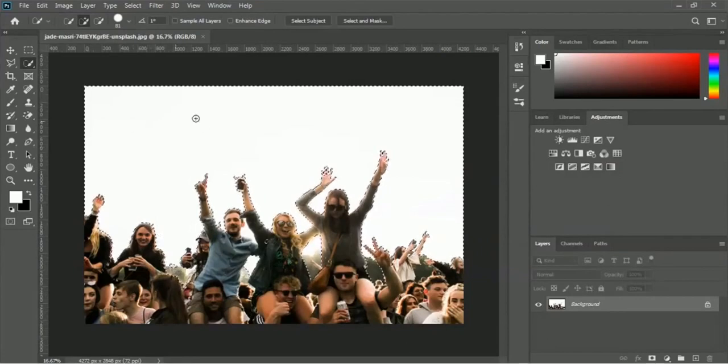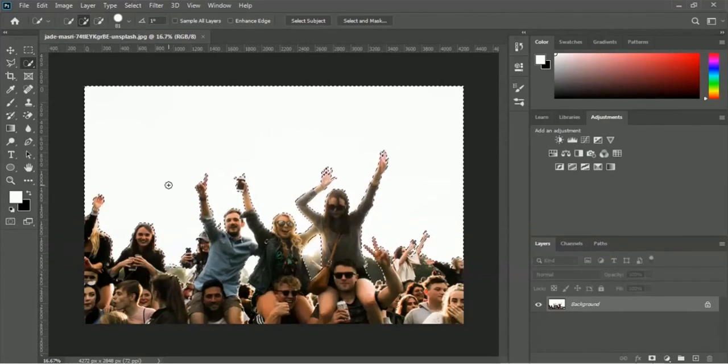Okay, you can take a look, the entire part got selected, and I think a little portion got not selected, so let me select this small part. Okay, now you can take a look, this entire part got selected, and right now we will add a layer mask, but